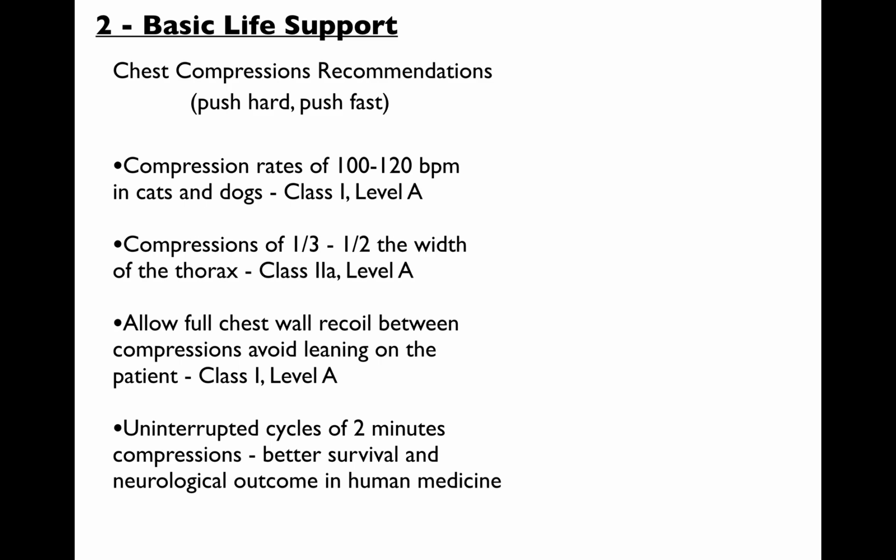So the chest compression recommendations, if you want to summarize it in short: push hard and push fast. However, not too fast. The reason is that it's important to maintain a rate of compression that is sustainable, that will not affect the quality of a compression. If we human beings were able to maintain a rate of 180 compressions per minute, that would likely be better than the recommended 120. However, doing 180 adequately, with the appropriate recoil, is unlikely to be sustainable for any sort of time. So that's why the recommendation is between 100 and 120 compressions per minute in